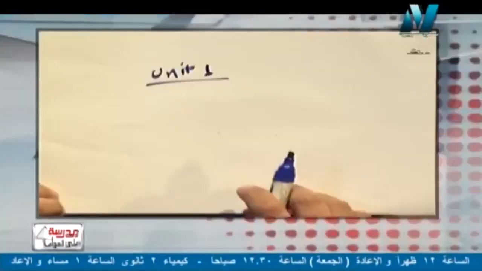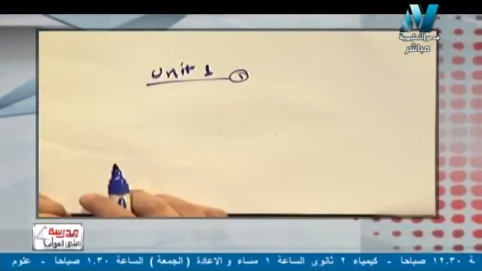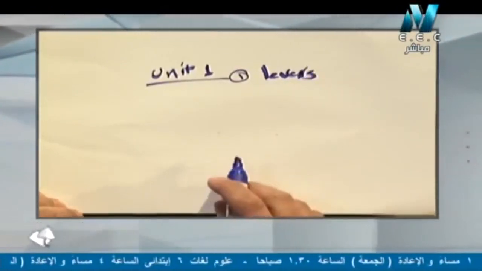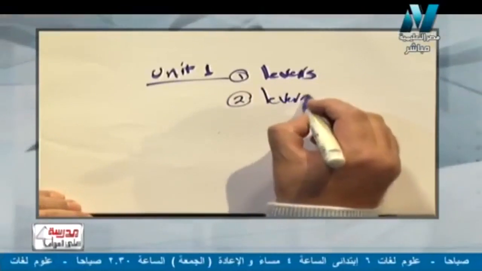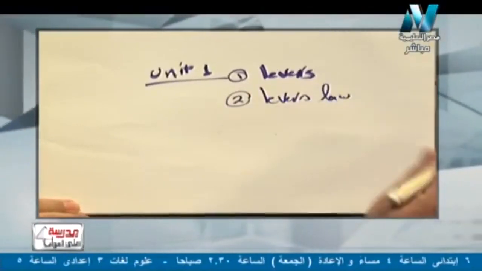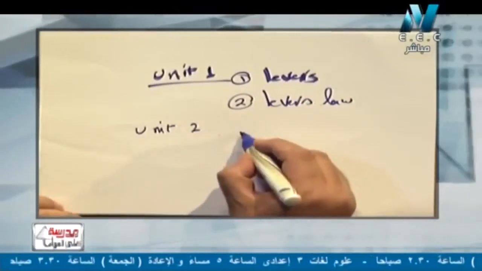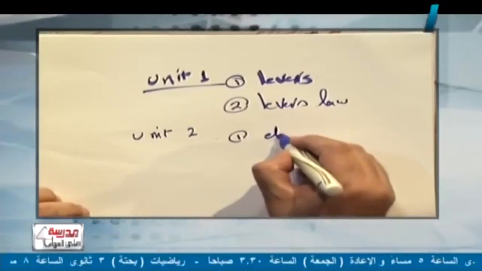Unit 1 deals with 2 lessons only, which are levers and lever law. Unit 1 will deal with 2 lessons. Lesson 1, which will be explained today, will be levers, يعني الروافع. الموضوع يمكن أول مرة نتكلم عنه. Lesson 2, lever law. Unit 2 will contain 2 lessons also, which are electric lamps,